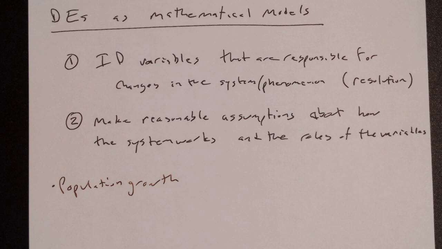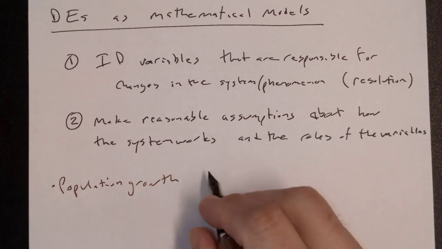How do I determine the change in the number of things in my population? It's going to depend on how many there are, right? If there are a lot of them, maybe they breed frequently, maybe they breed infrequently, but if I have a lot of them, I should expect bigger growth than if I have a very few of them. Yes? And if my population is growing, then there should be some relationship between the derivative and the population that's positive. So I could say, if P of t